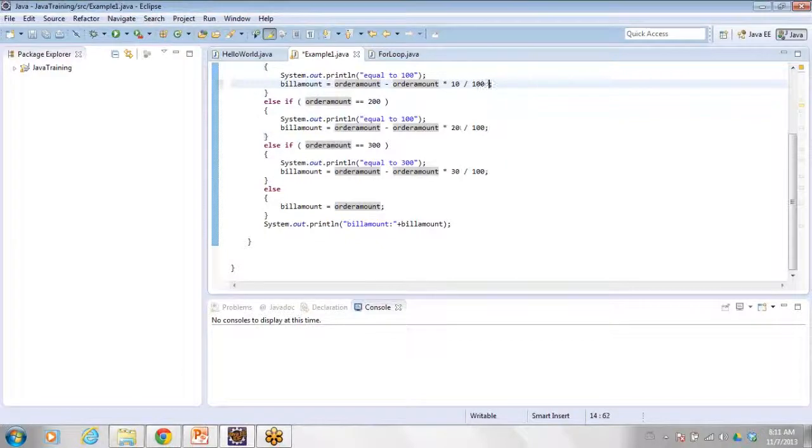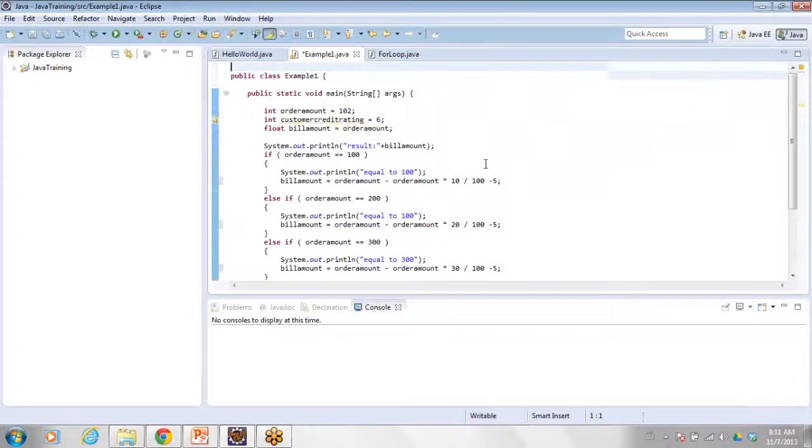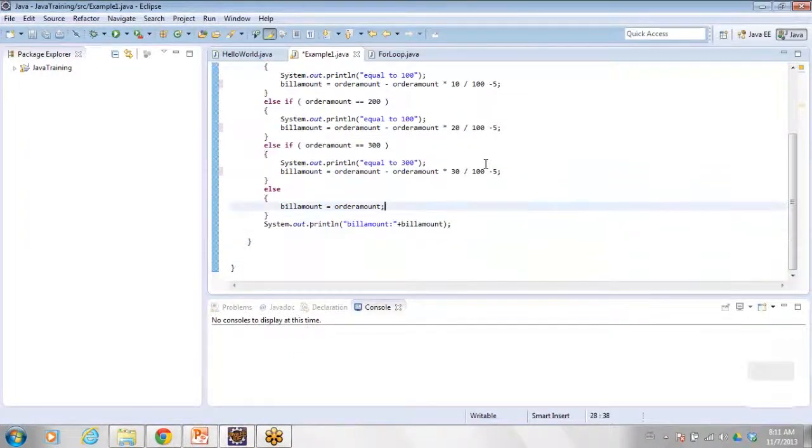So if I have to do a fixed $5 discount, I have to say 5 in all three places. So to make it uniform, if I forget to change it at one place, then that will be a problem.